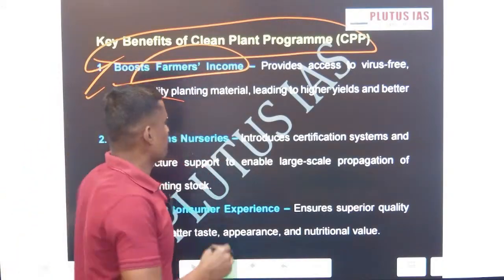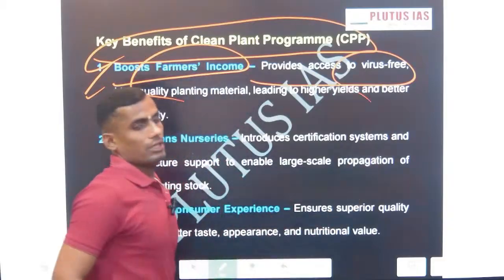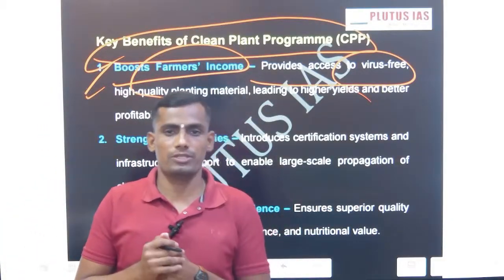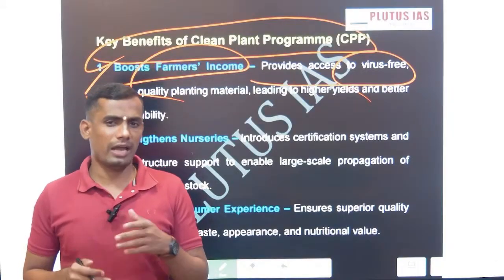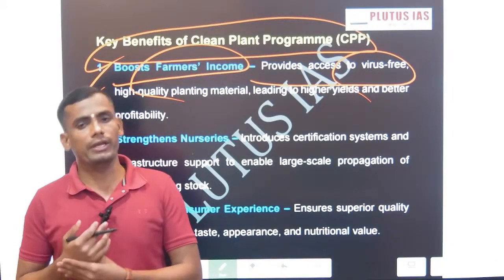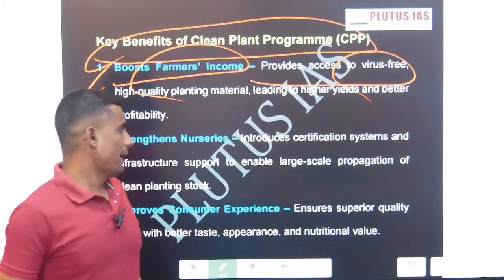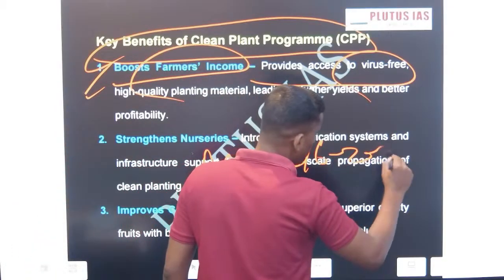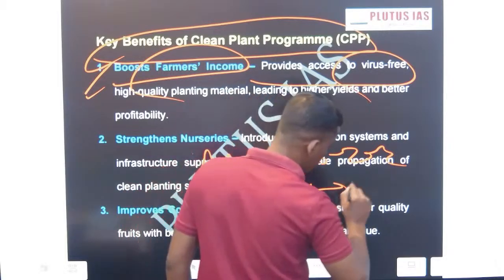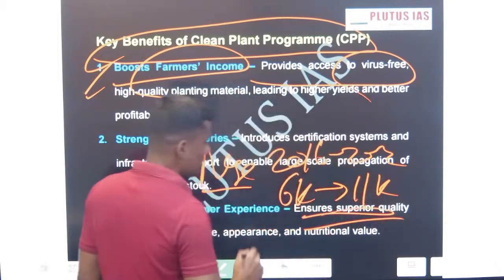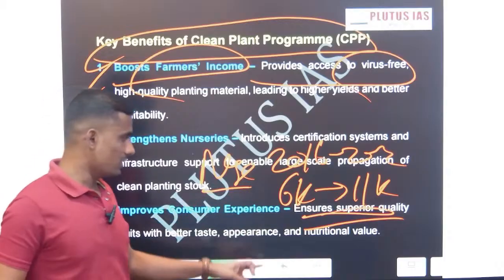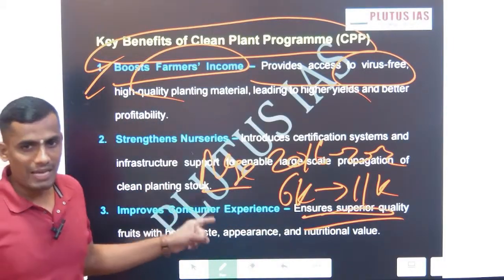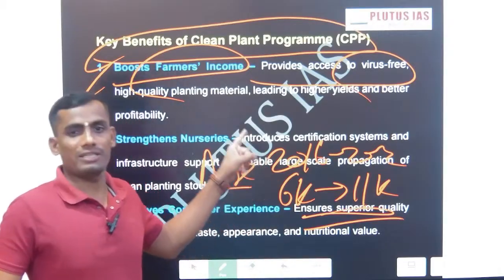Tell me one thing, if a particular policy is providing you good quality seeds that can grow, that can resist the pesticide, that can resist the insecticide, then automatically the farmers' income will increase. And the NSO survey has shown that from 2016 to 2022 there is this much improvement in farmers' income. This is the data from NSO. Okay, from 6k per month to 11k per month. This is a per month income, and this has been supported by such an initiative,